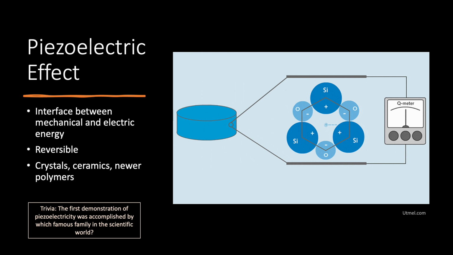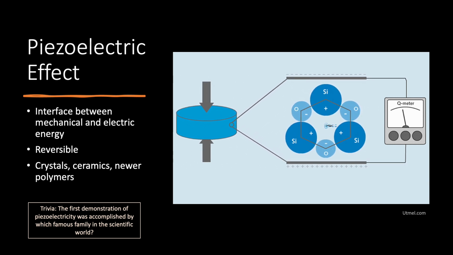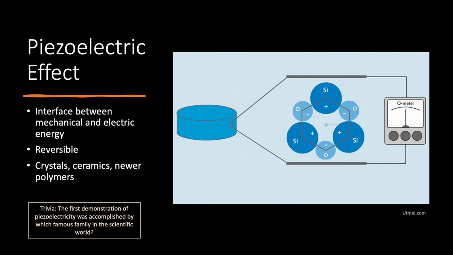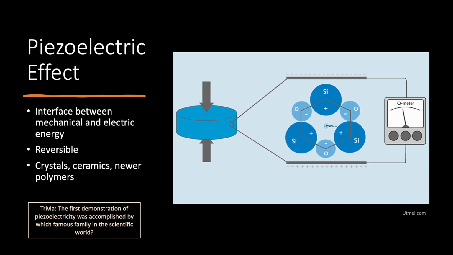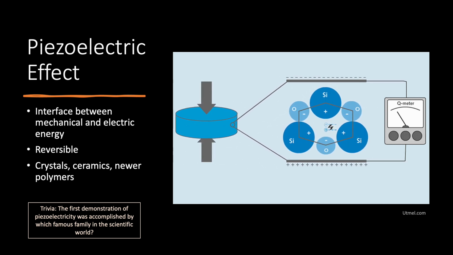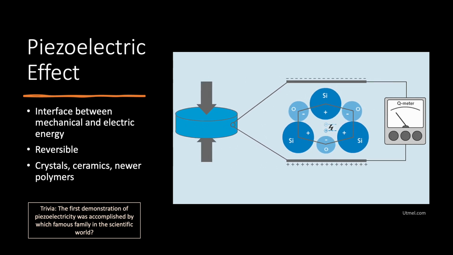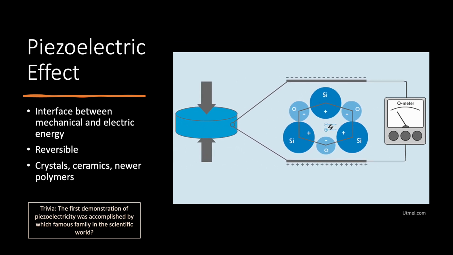So you can see these two plates are kind of being pushed together, demonstrating mechanical stress being imparted onto this crystal. And what happens when this occurs is that there's a small, though mighty, electric voltage that is generated. And then conversely, the same thing is true. If you applied an electrical voltage to the material, it would deform or vibrate, and that would create a mechanical energy. This effect is due to the way the atoms are arranged inside the material.